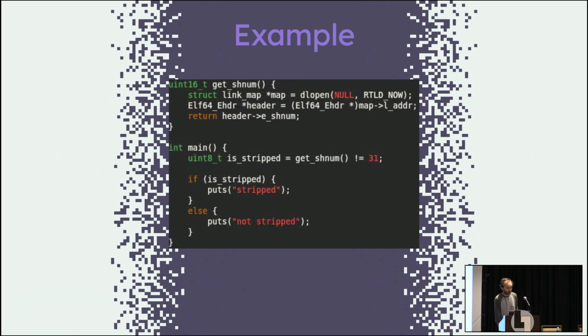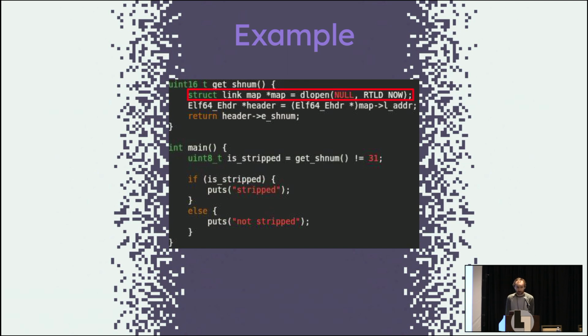So here's an example of doing this. We've got this function get_shnum. We're going to call dlopen to dynamically get the address of our base pointer,